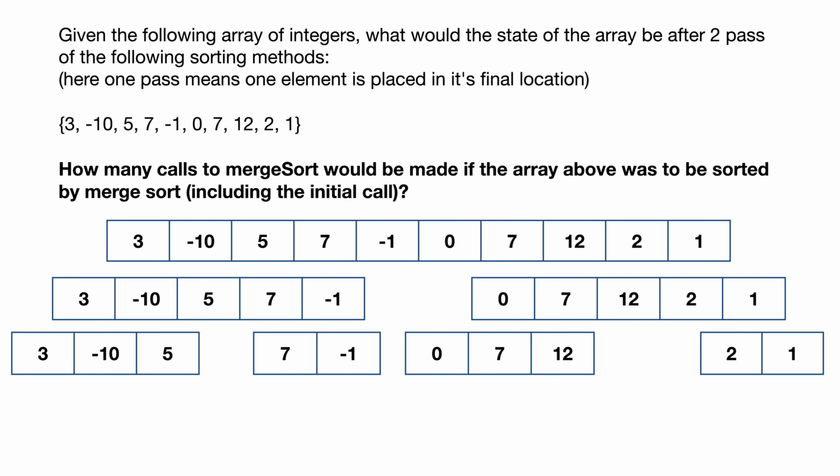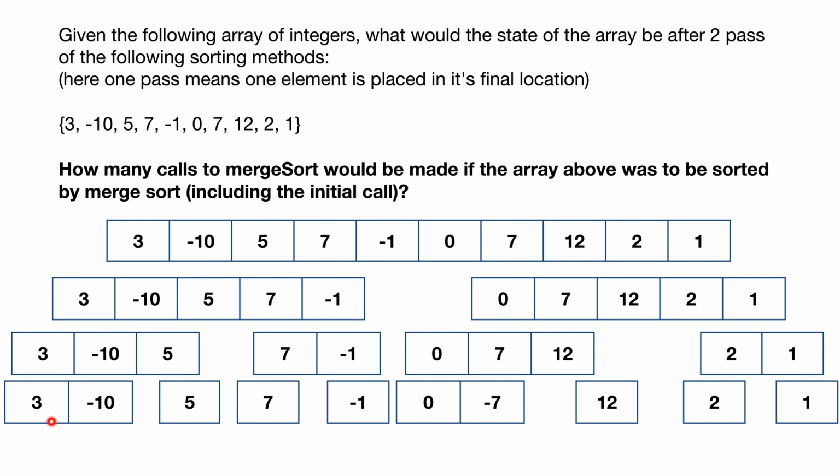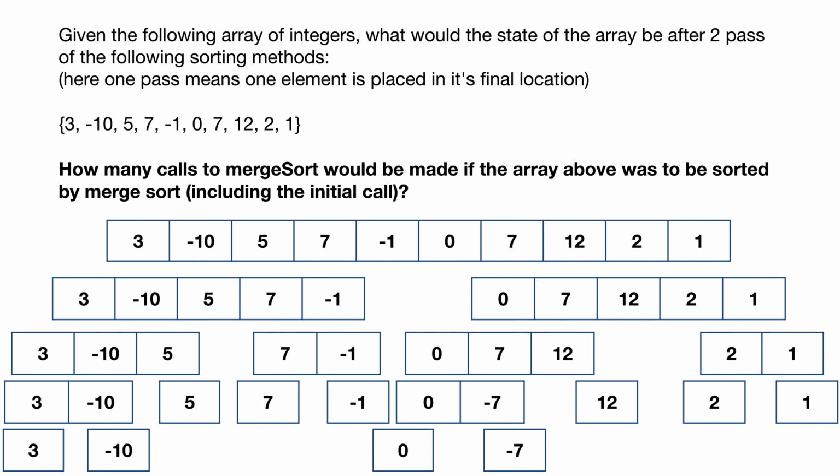This one is going to make a call to a subarray of size 2 and a subarray of size 1. This one makes 2 calls to subarrays of size 1. This one makes 2 calls. This one makes 2 calls. And now all of these ones where the subarray is only 1 element, we don't make any more recursive calls anymore. So it's just these 2 that end up being called again, and then we start merging up the tree,